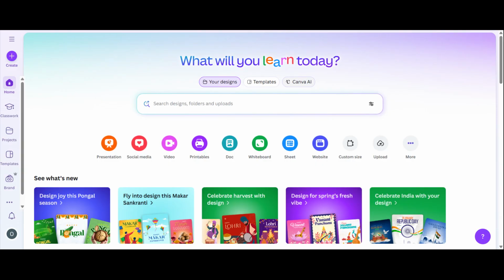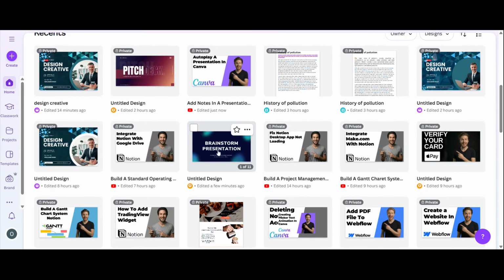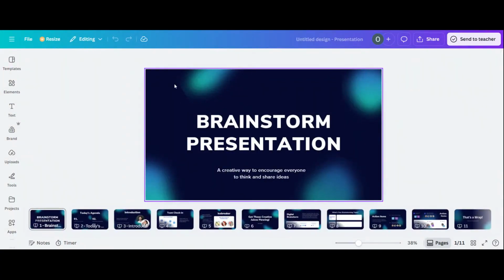Next, locate the presentation you want to save as a PDF. You can either scroll through your recent designs or use the search bar at the top to find it faster. Once you find the presentation, click on it to open it in the Canva editor. Your slides will load, and you should now see the full presentation with all your pages listed on the left